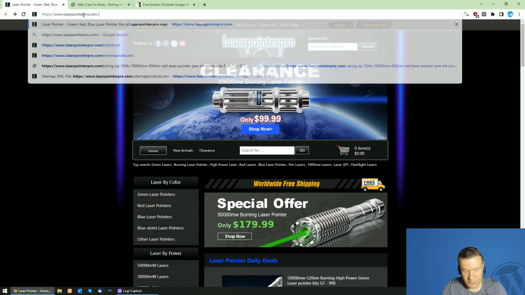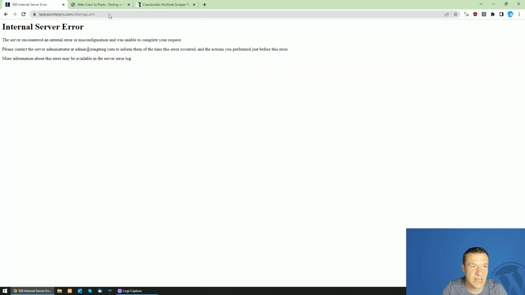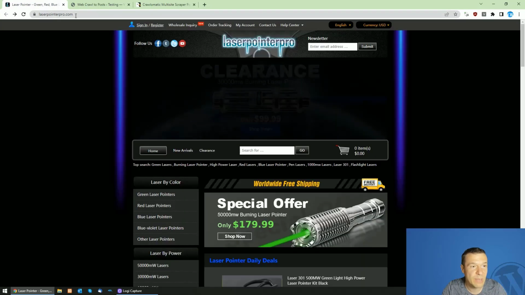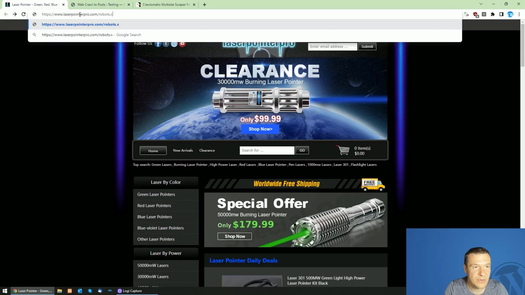So first of all, let's enter sitemap.xml because this is a common sitemap name for websites. So right at the end of the URL sitemap.xml and hit enter. So as you can see, in this case the sitemap is not available. In this case you can go back and instead of sitemap write